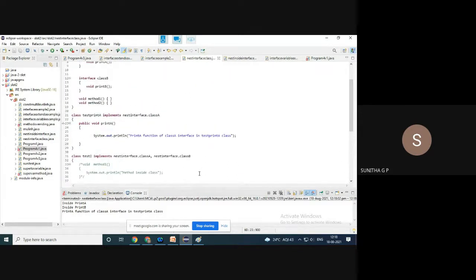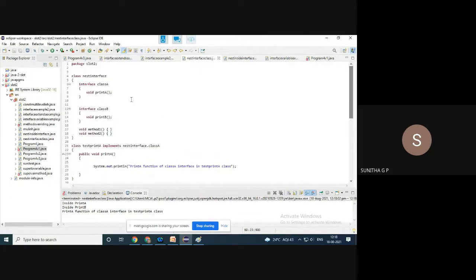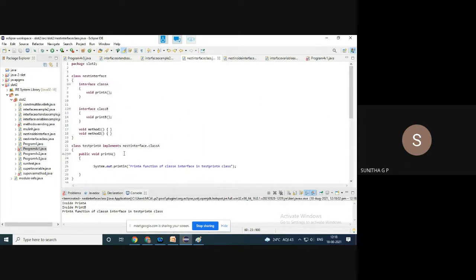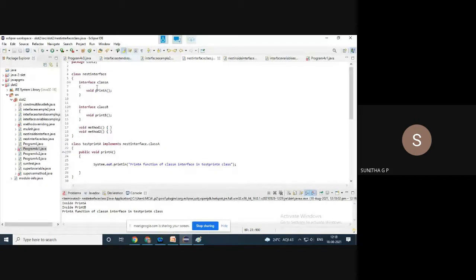It is only to show you that you can have many classes. When you have interfaces, you can have many classes, and even though so many interfaces are available, only the required one you can implement. This example will show you that this class is only implemented one interface, whereas this class is implemented both the interfaces. And inside a class you can have any number of interfaces. And whatever interface is implemented in a class, then all its methods are to be redefined in that class. That is what you have to remember, and that is the usage.